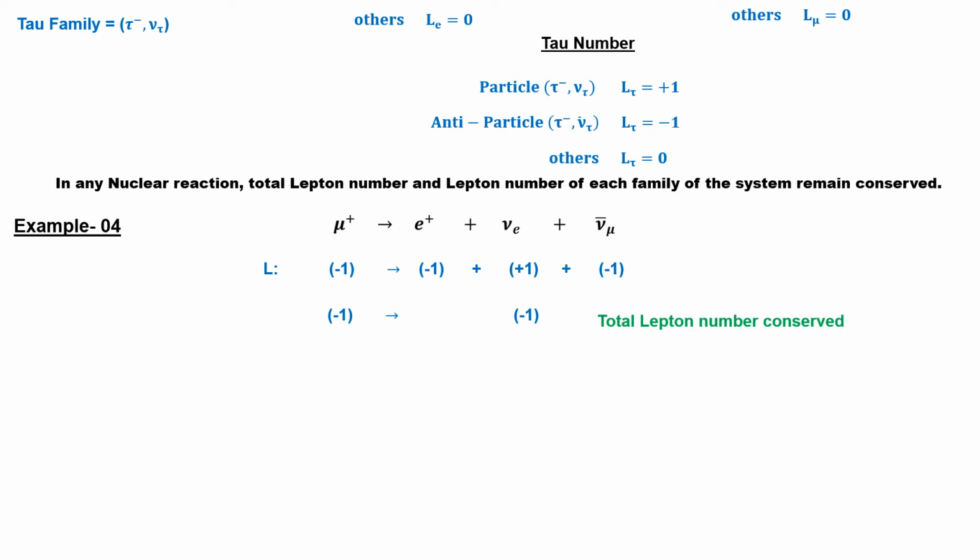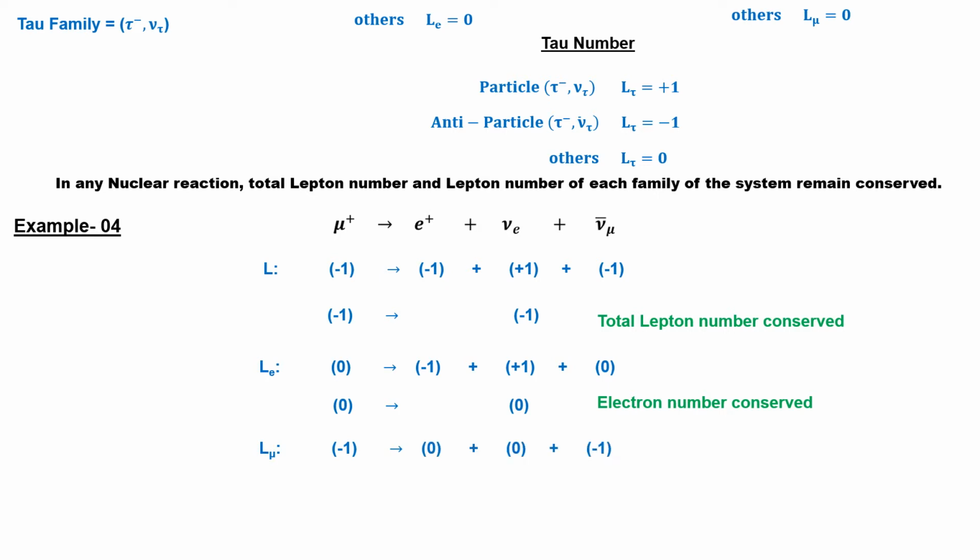Talking about lepton number being conserved in each family, let's first verify electron number. Positron and electron neutrino are the members of the electron family, while the muon and anti-muon neutrino are not members of the electron family. In this way, electron number is also conserved in this reaction. Talking of muon number, muon and anti-muon neutrino are members of the muon family, while positron and electron neutrino are not. Therefore, muon number is also conserved. Since in this reaction the total lepton number as well as the lepton number in each family is conserved,